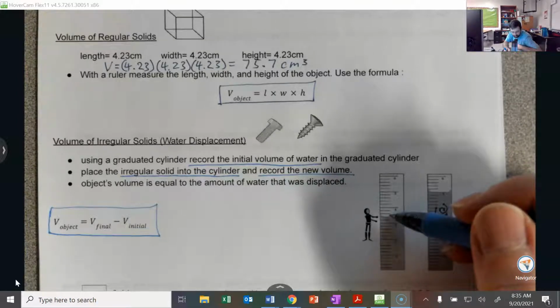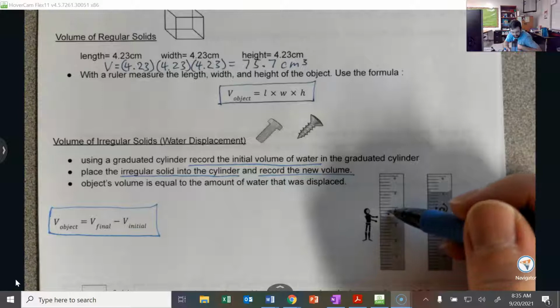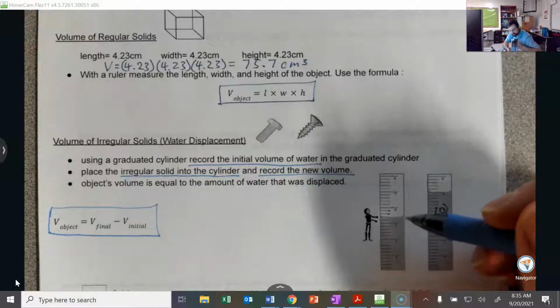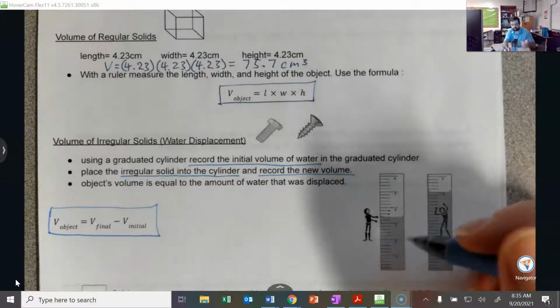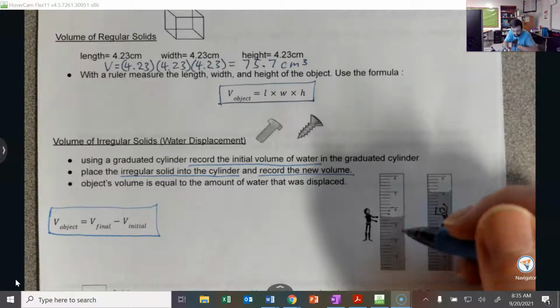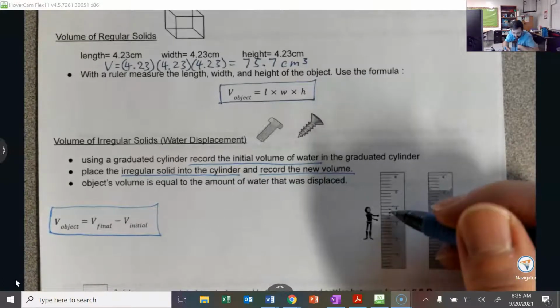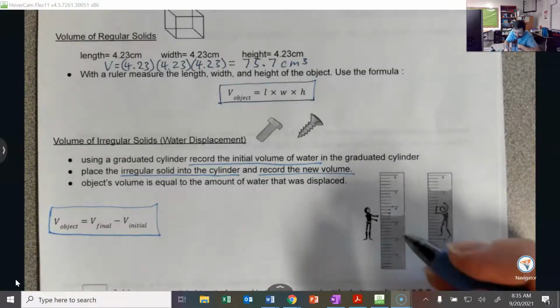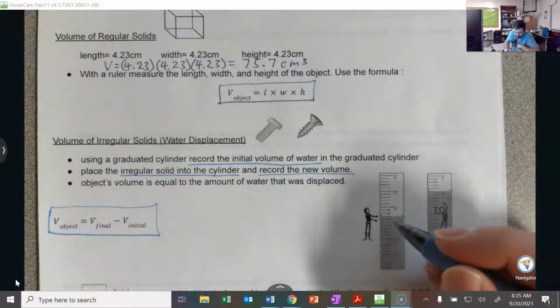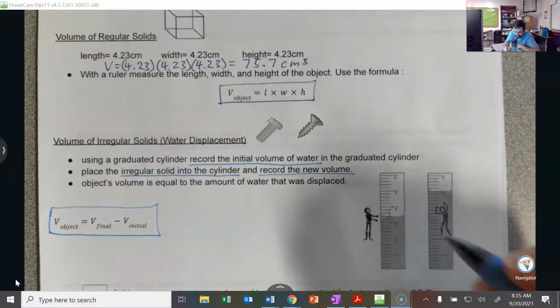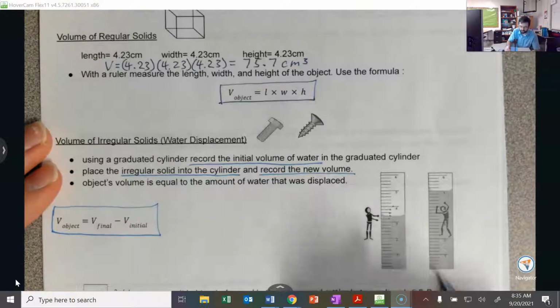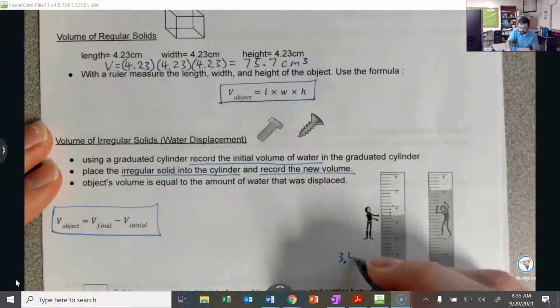3.2, 3.4, 3.6, 3.8, 3.10, which would be, actually it's not 3.10, it goes up to 4 at that point, doesn't it? So 3.2, 3.4, 3.6, 3.8, the next thing would be 4.0, which is exactly what we have. So that means our volume here at the bottom of the meniscus would be 3.4, but it's exactly 3.4, and don't forget, you always want to go one extra decimal, whether you're estimating, putting a 0. So our initial volume is 3.40